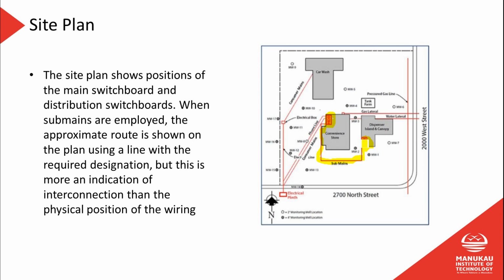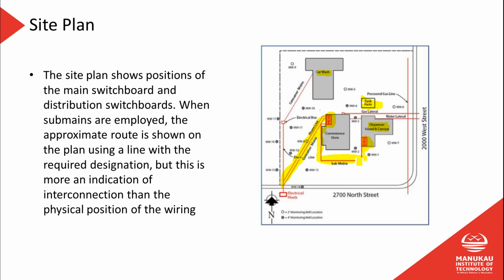This is actually a picture of a service station. You can see there we've got a car wash, a dispenser island and canopy, tanks over here. What else have we got? There's our mains cable coming in from the street. So I could tell you from my experience that what we'd be looking for, if we needed to find this cable,